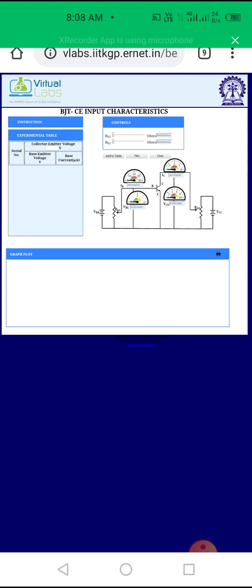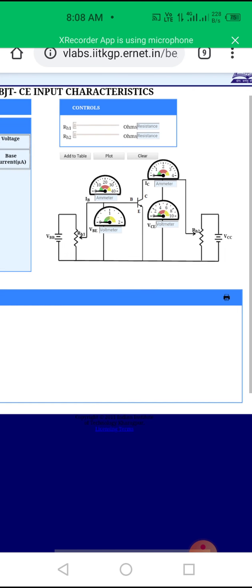RH1 means potentiometer for the input, RH2 is the potentiometer for the adjacent outputs, output voltage and the output current. And below that there are options like add to table, plot, clear. And below that there is a circuit diagram. So I know that while I am performing the input characteristics of the BJT, what I am doing,